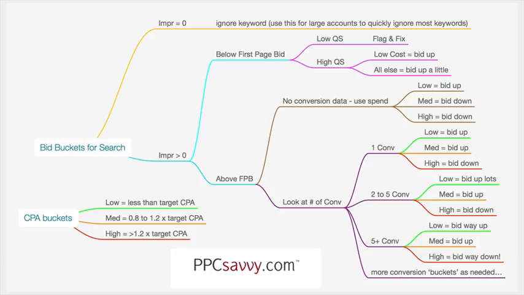Other people wouldn't. As soon as that goes above the target CPA, they'd say, no, I'm not spending any more money on that at all. And you might choose to have that medium band be no bid change at all. On the newer version of this, I now have 5 bands: very low, low, right around target, high, very high. That makes for a very messy slide and very unreadable. But on that, we're using the 5 bands, that middle band of right around target CPA, I make no bid